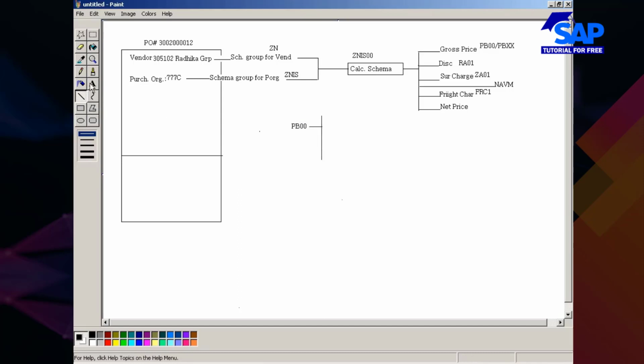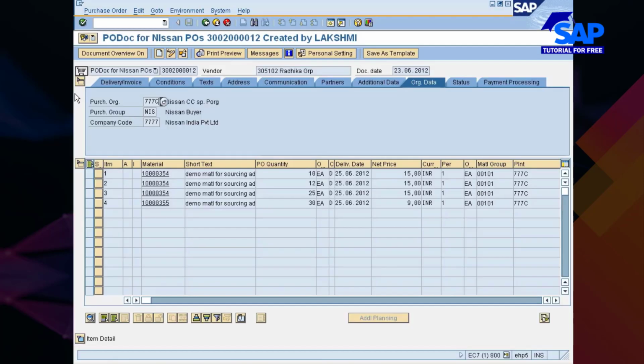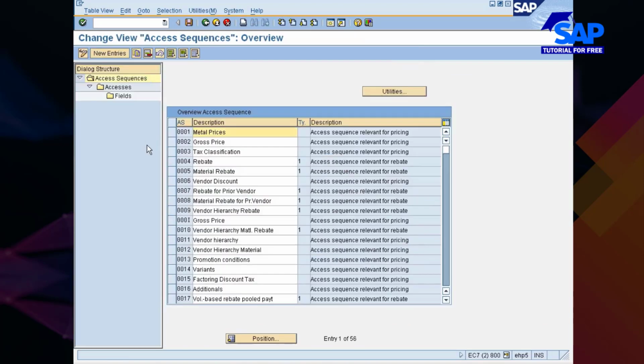Each condition type will have multiple condition tables. Access sequence key 0002. You see here, I'm just going with accesses.